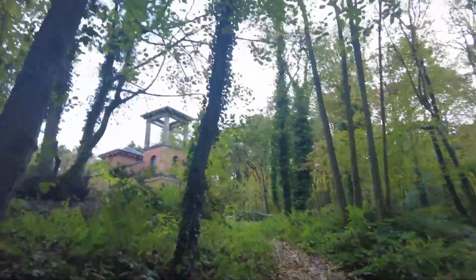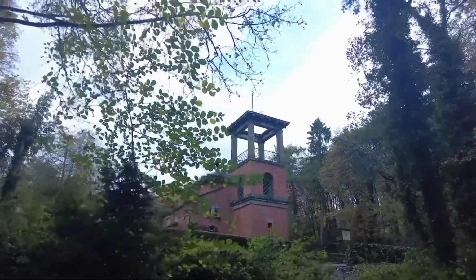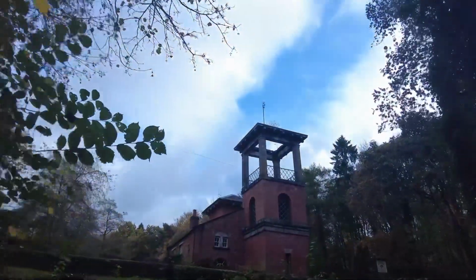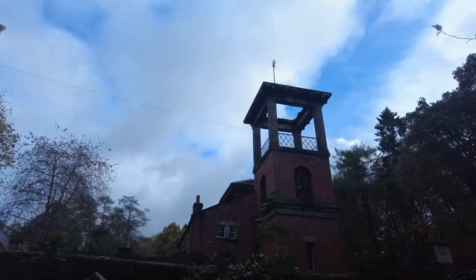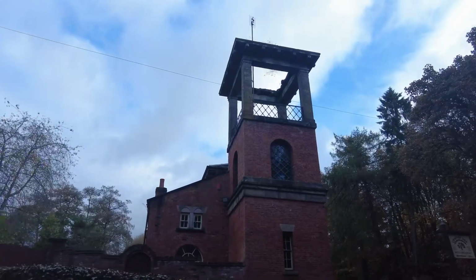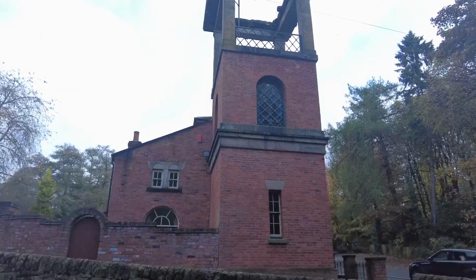Anyway, coming up on the left, through these trees behind this one here, hopefully you can see the Pink Lodge. And this was the second gatehouse built. It's an impressive building. And this is the second gatehouse, and the end of the path,